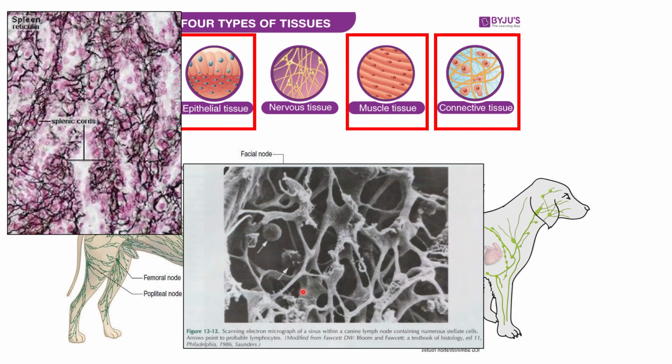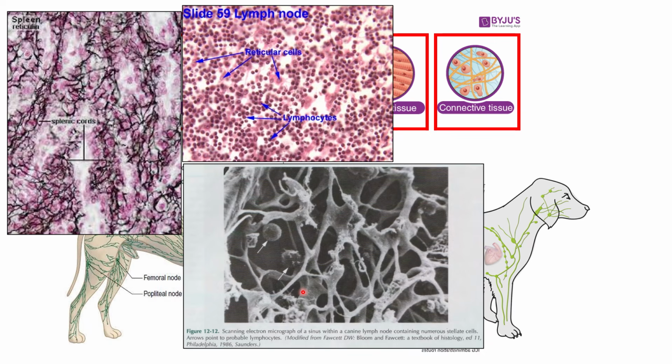And what type of electron microscope? Scanning, because if it's 3D, it's your scanning electron microscope. Okay, and here you can see that if it is not specially stained by your silver-based stains, you will not be able to see these reticular fibers. So, in H&E staining, you can see just the majority of the lymphocytes and your epithelial or your reticular cells. Okay? Another stain that can be used to stain these reticular fibers is your periodic acid-Schiff stain. So if the fibers are pinkish or magenta or purplish, then it would be your PAS stain.